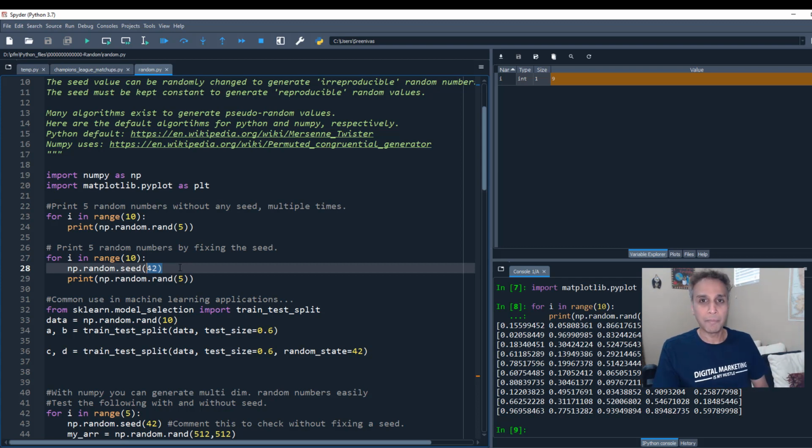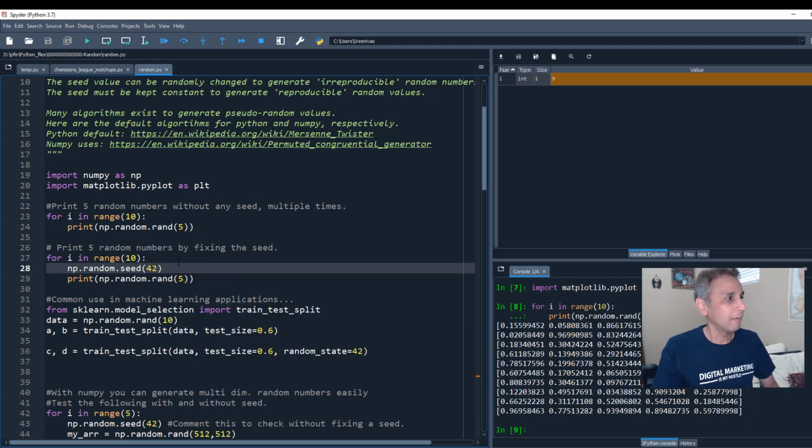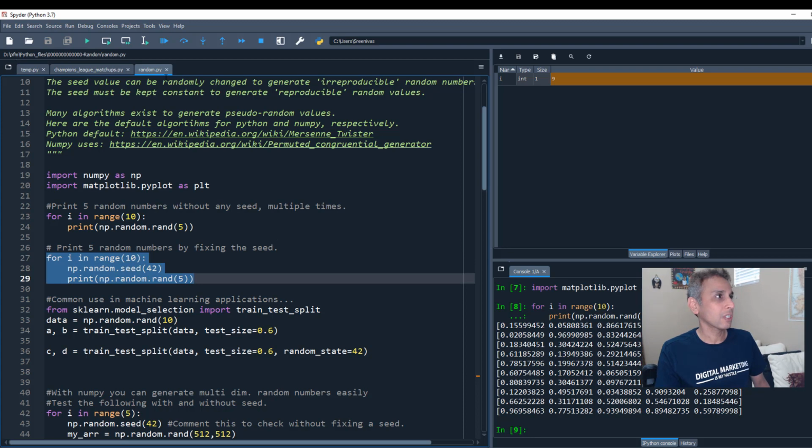You may find some code online where everyone's using 42. And interestingly, someone asked me, why is this? Why is 42 special? You're not geek enough to know why 42 is special. I feel sad for you, man. 42 is the answer to life's ultimate question and the universe. So if you don't know what that is, go ahead and Google search for it. Okay, I like to use my random seed to be 42, but it doesn't matter. Give any number.